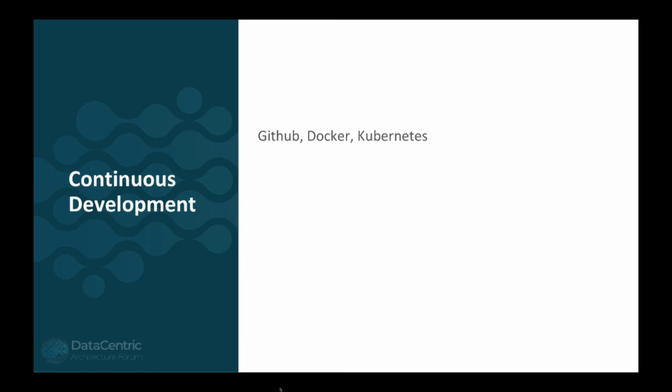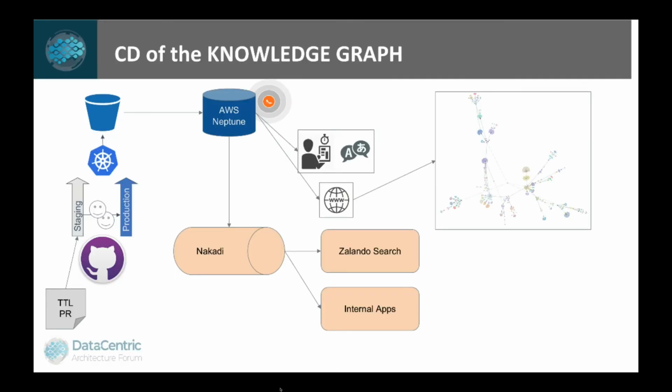Go to the next slide, on continuous development of the knowledge graph. I've drawn an architectural image where you can see the whole process. And I'm hoping that with my explanation, you'll be able to understand a little bit better how we're doing things. It's very much along the lines of what Mark was telling about how you can manage different stages